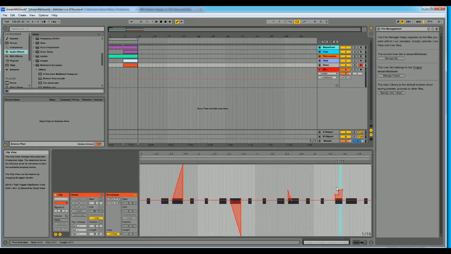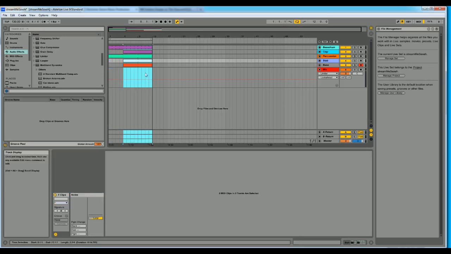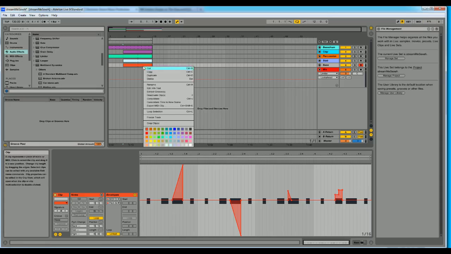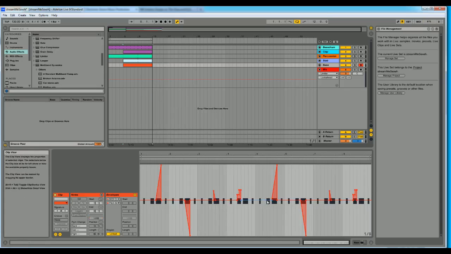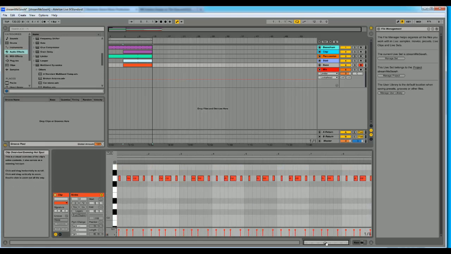So let's see now. For each copy of this clip, I will show you soon enough. When I consolidate this clip, it will just make sure I get a copy of the MIDI data and be able to change it again. It's quite common that you try to make changes every 4 bars. So what I'm going to do over here is a slightly different approach of the bars that I